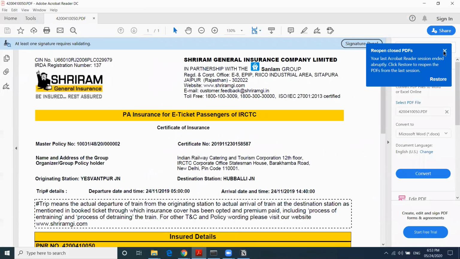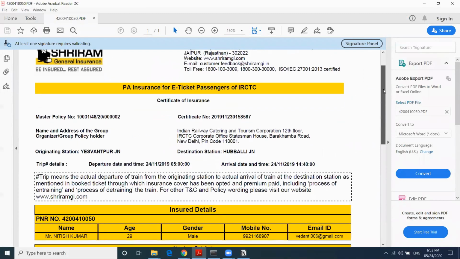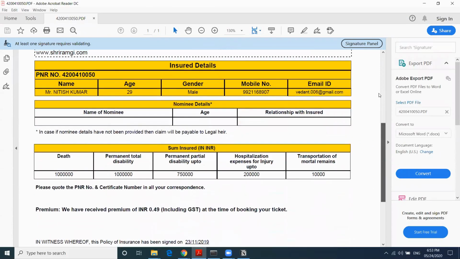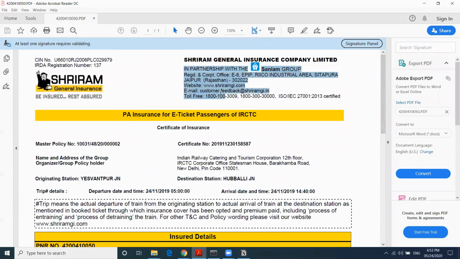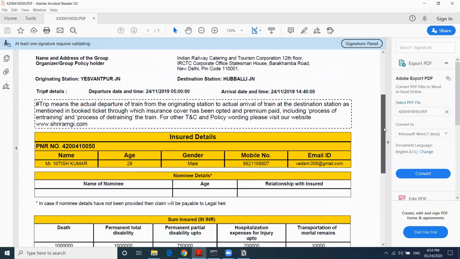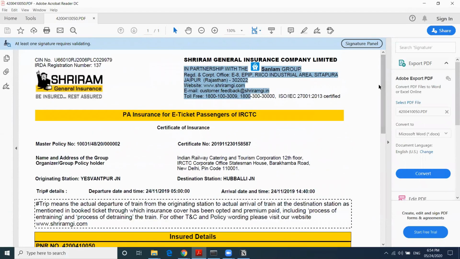This is a sample PDF file we'll be using for our tutorial. You can see that this is a text-based PDF. When you can select the text in a PDF file, then it is a text-based PDF. Otherwise, it will be a scanned PDF, right? In this PDF we want to extract some information, and all the insurance documents for this particular insurance company will be of the same format.